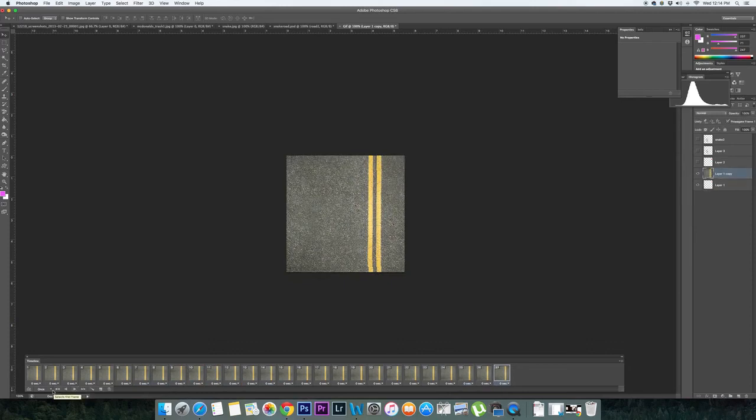Looks good. Now if I want to see how it will actually work in loop, I can change how many times it will play through. So let's just click forever and see what it looks like. Looks pretty good. It looks like a relatively seamless loop. So I'm happy with that. So now it's time to add my snake. I'll go up to my snake and remember whatever frame you're clicked on, whatever adjustments